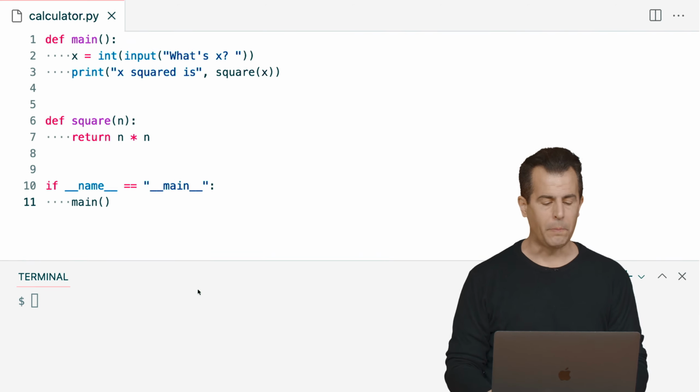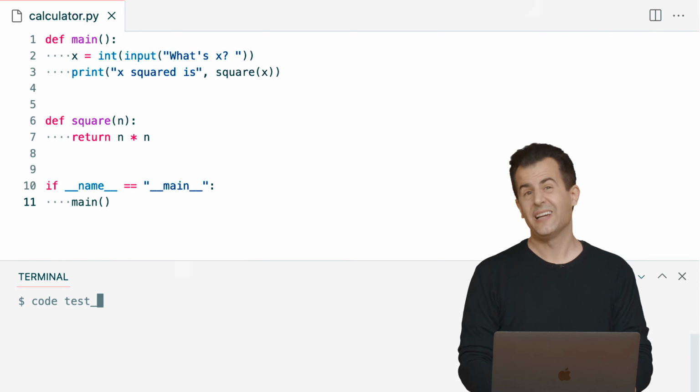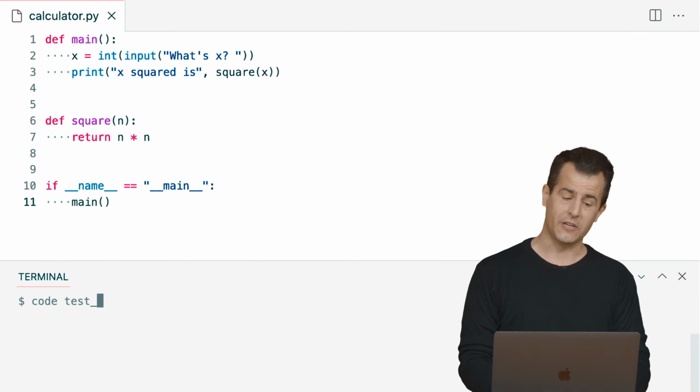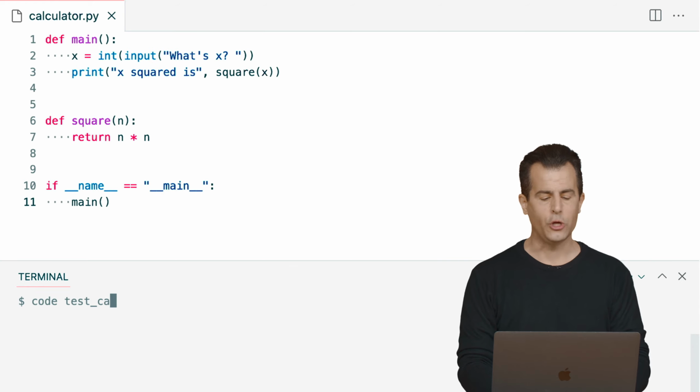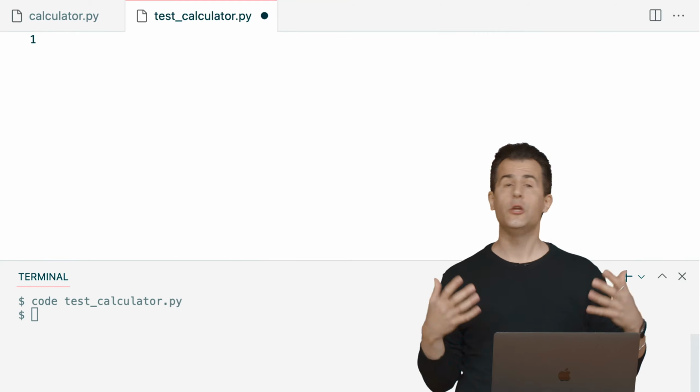Well, what should that other file be? By convention, I'm going to create a file that's called test underscore. And because the thing I'm testing is the calculator itself, let's call this file testcalculator.py. That's going to give me a new tab in which I can write a brand new program